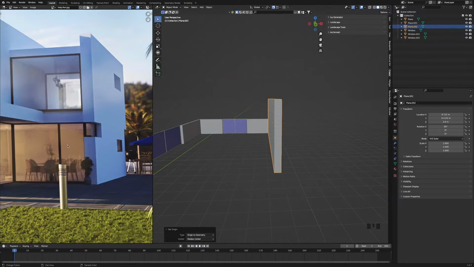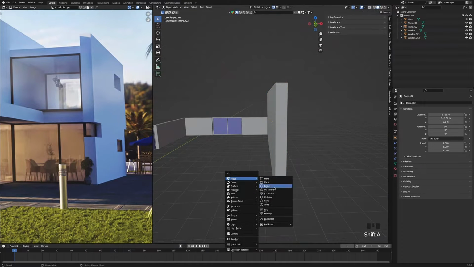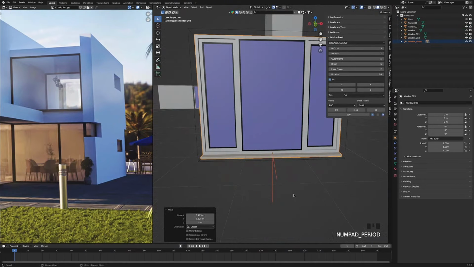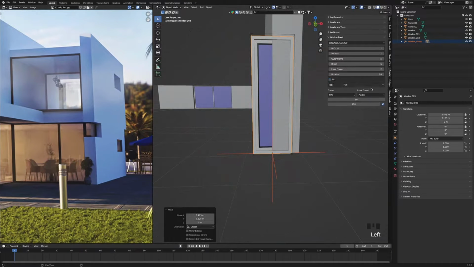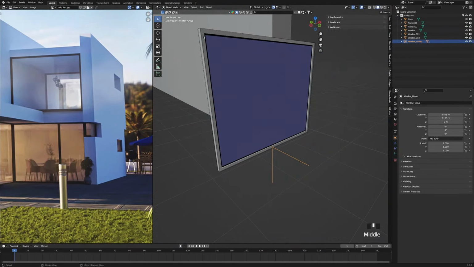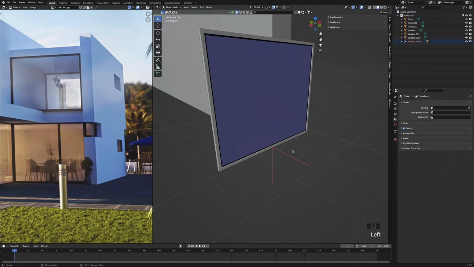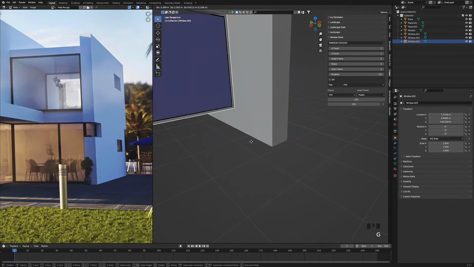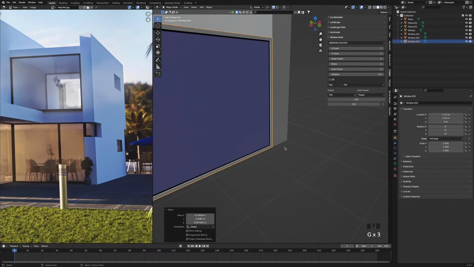And now we're going to make this window here. So we're going to add another window. Press G, snap it there, zoom in. This one's going to have 1 panel. So we're just going to go in, change it to 1. No sill, no inner frame. Height, of course, 210. And width, 250. And of course, delete the box empty, delete the normal empty, and turn off all of the locks. And then press G and snap it right there.